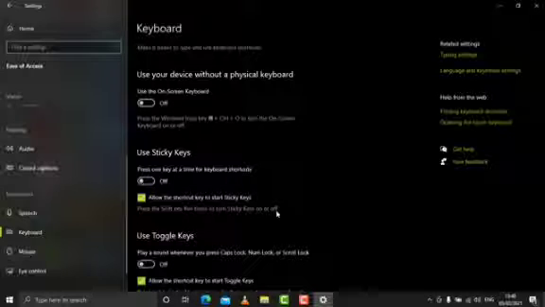Normally when we press a key, we do not hear a tone and we sometimes get confused whether that key is on or off. So when we switch on toggle keys and press Caps Lock, arrow keys or Num Lock, a sound, a tone, comes up. So this is the work of toggle keys.